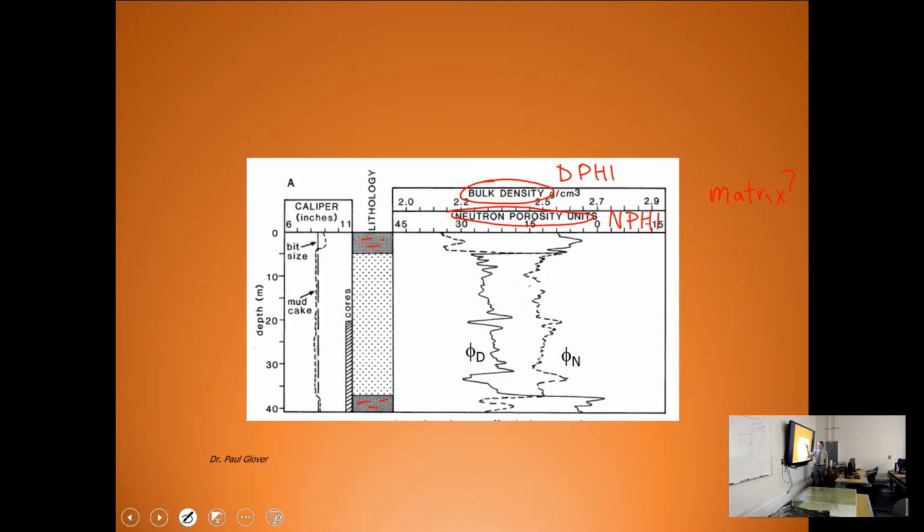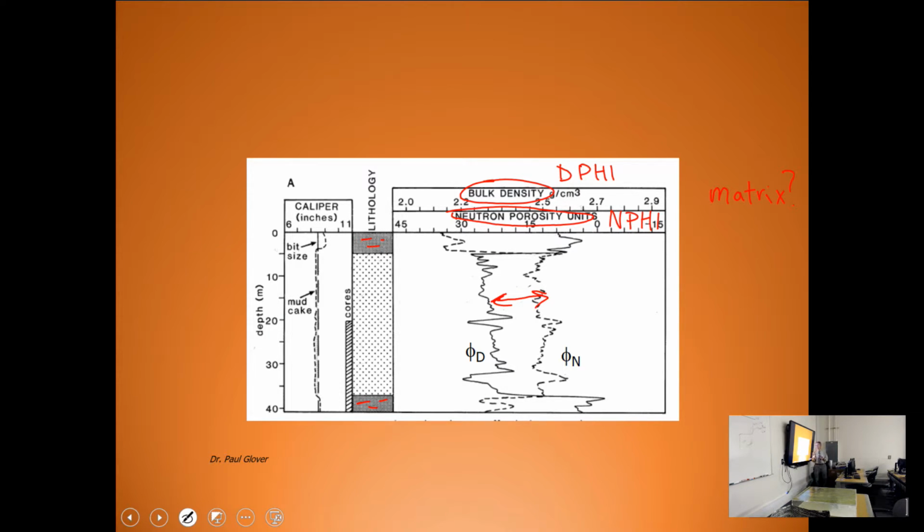how they switch over. Over here, the neutron is high and the density is low. But what happens here? They just crossed over. Okay, so that's a term that's used a lot, crossover effect, because this might be considered more normal. Maybe this is more normal. I hate to use the word normal because nothing's really normal, but more usual perhaps. But if I have a separation here, or crossover,